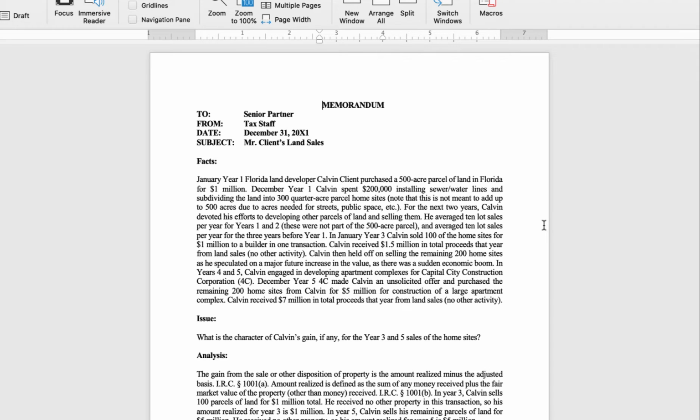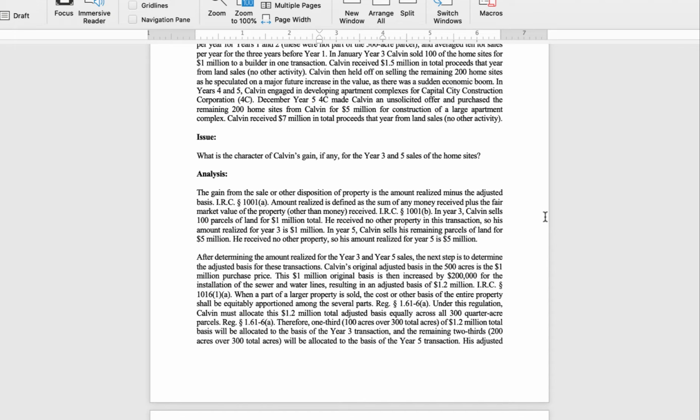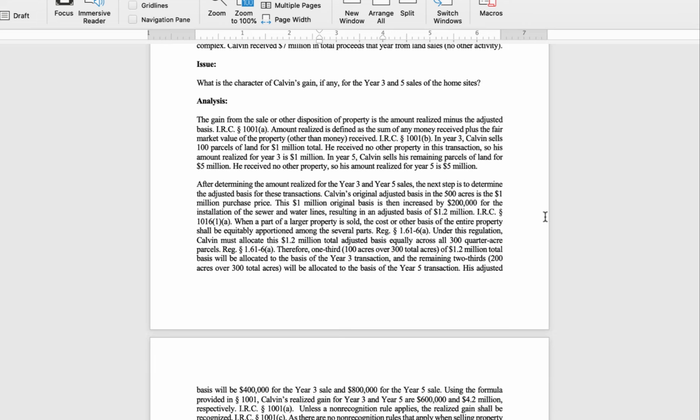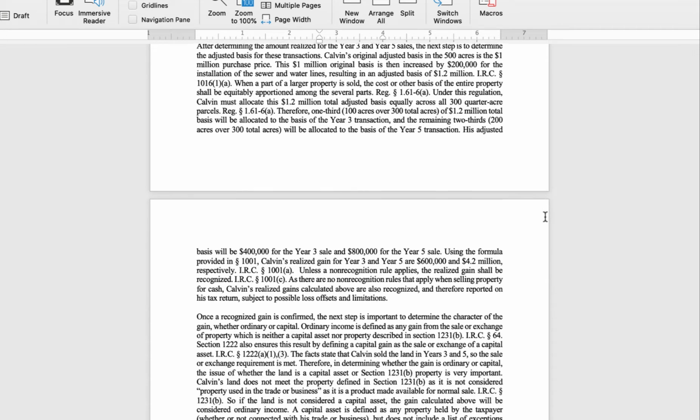Okay, and the issue dealing with this fact pattern is what is the character of Calvin's gain, if any, for the year 3 or year 5 sales of the home sites. So we had to go through, and in the memo I calculated the gain in the year 3 and year 5 sales of the home sites, and we determined the amount of gain going through code section 1001, all of that realized gain or loss, recognized gain or loss calculation,